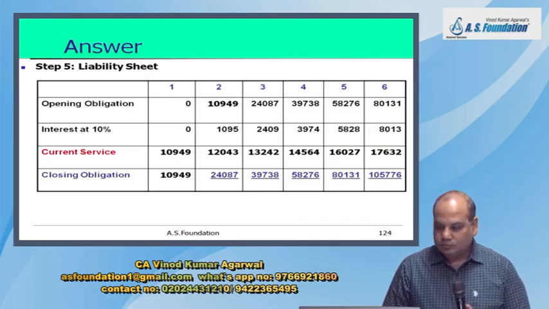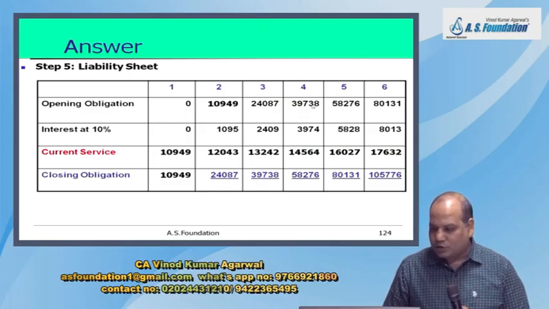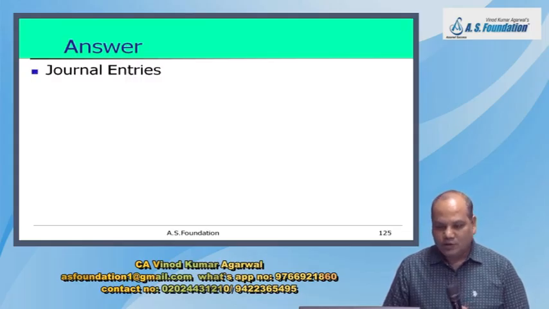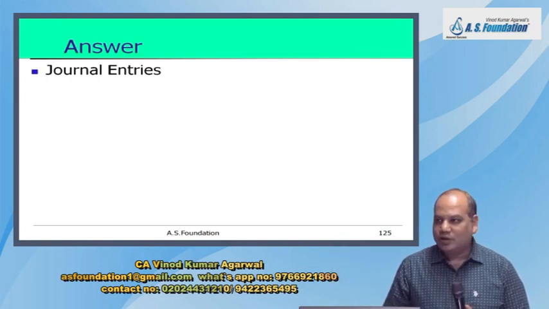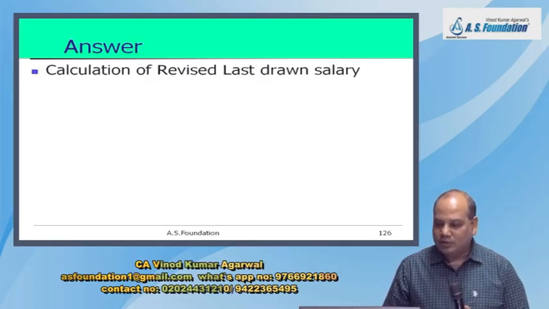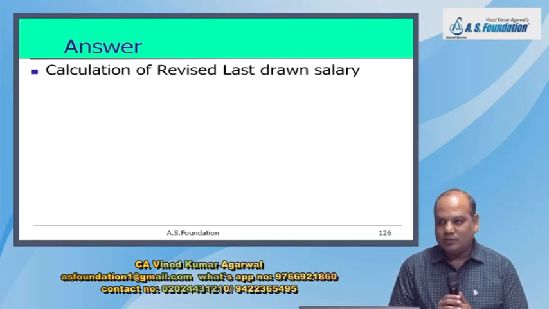Okay. So you will do the accounting of 3 years as per this table. And remember, my opening obligation of the 4th year as per the previous assumption is 39738. Done. Now journal entries I am not writing. Write journal entry homework for the first 3 years. Understood? So that journal entries you will do at the end once all calculations are done.